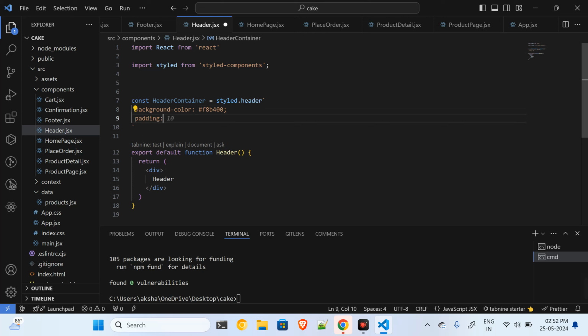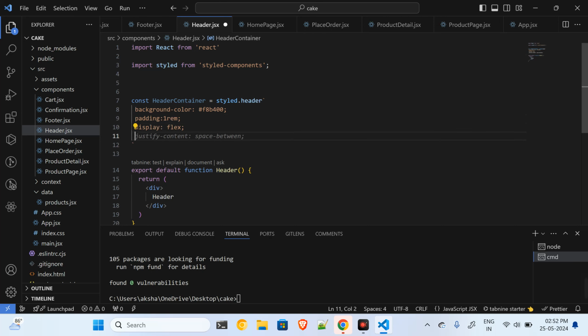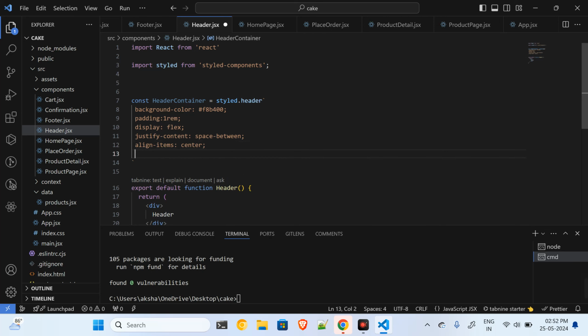I will give the padding as 1 REM, and after that we have the display, which will be flex. After that we have the justify content, and I will give the justify content as space-between only, and after that we have the align items center, and we have the